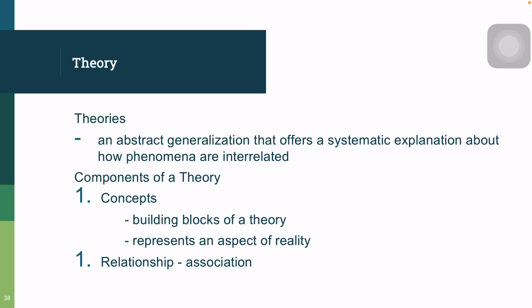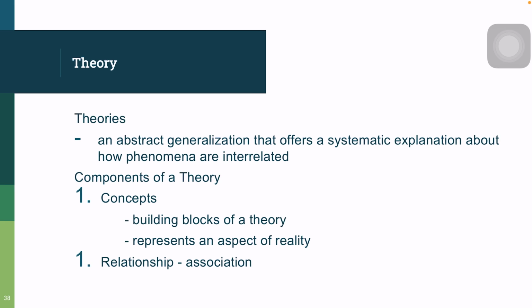So we have components of a theory: concepts and relationships. For concepts, these are classical theories that comprise a set of propositions that indicate relationships among the concepts. Theory of planned behavior provides a framework for understanding people's behavior, as we have mentioned earlier, and its psychological